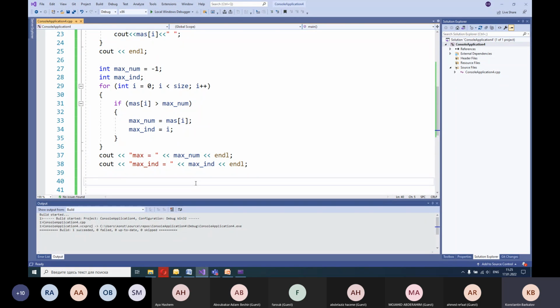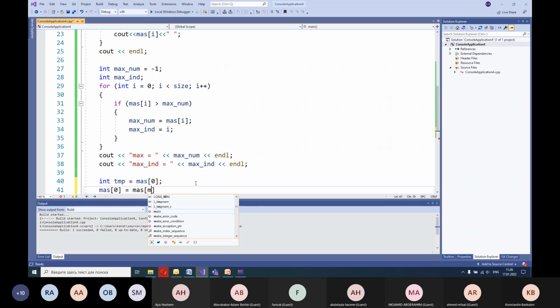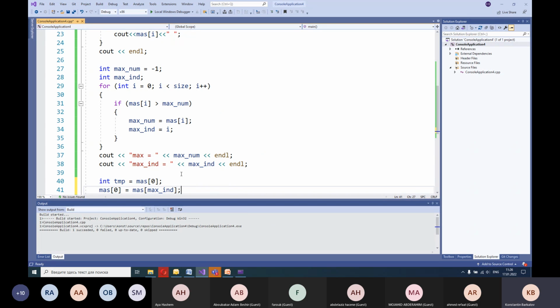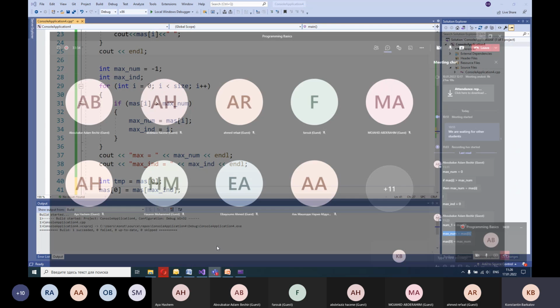Well, first, what should we do? We should introduce some temporary variable. Let's assign mass with index 0 to this temporary variable. So let's store the value of the first cell of the array in this temporary variable. After that, let's assign the value of max int to the